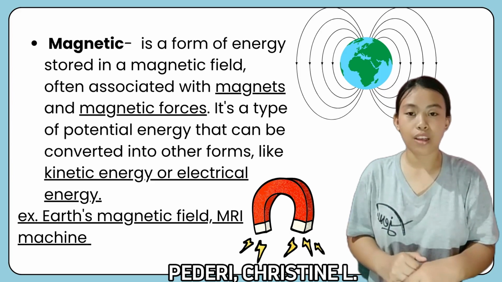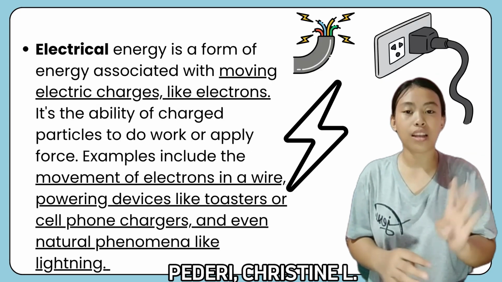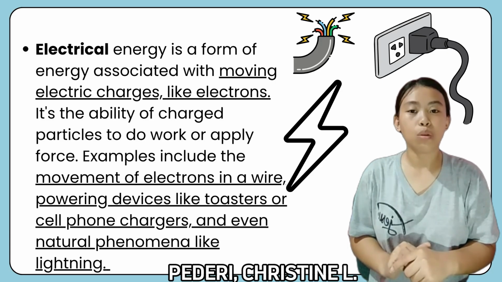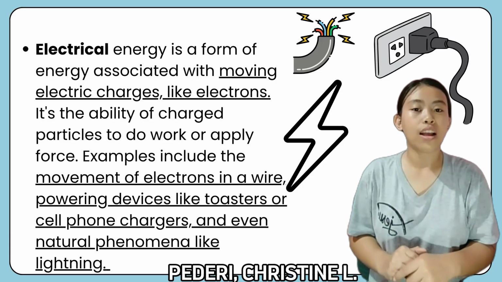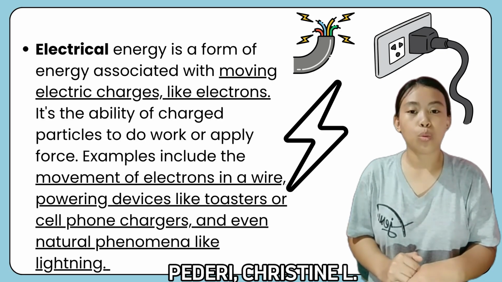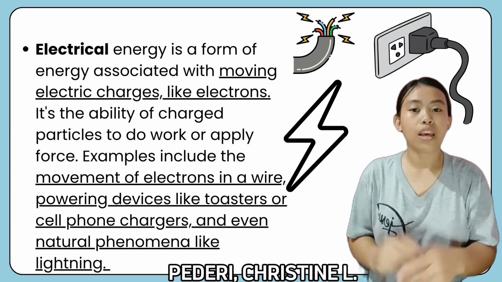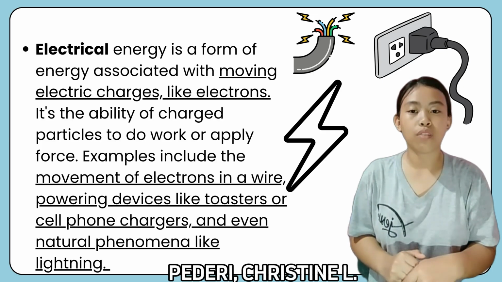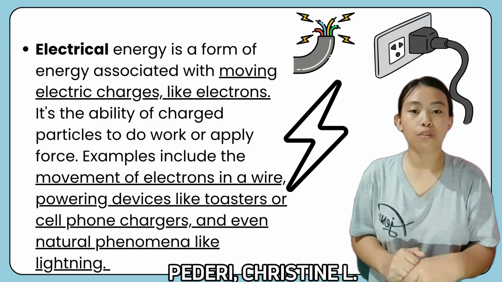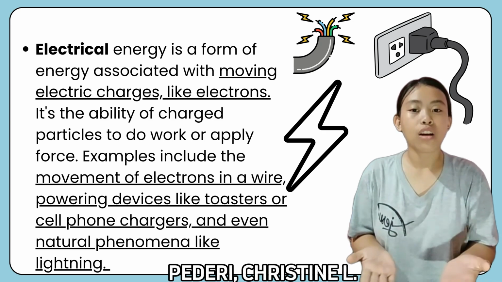Earth's magnetic field. The fourth one is electrical energy. It's an energy form associated with moving electric charges, like electrons. It's the ability of charged particles to do work or apply force. Examples include the movement of electrons in a wire, powering devices like toasters or cell phone chargers, and even natural